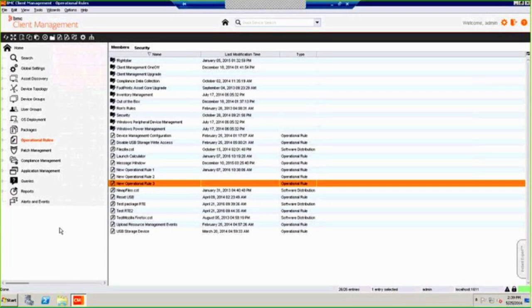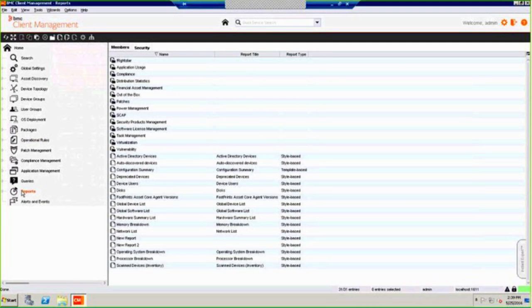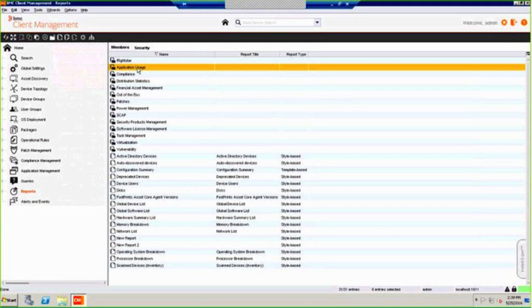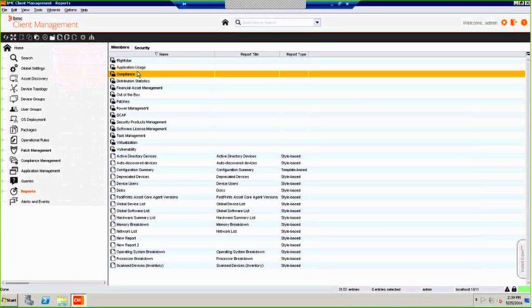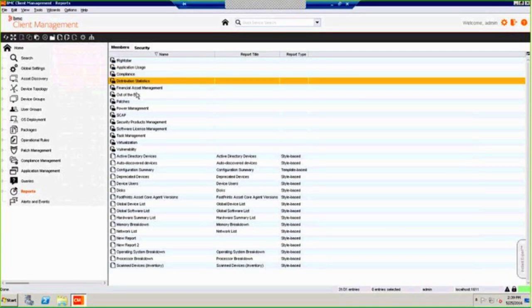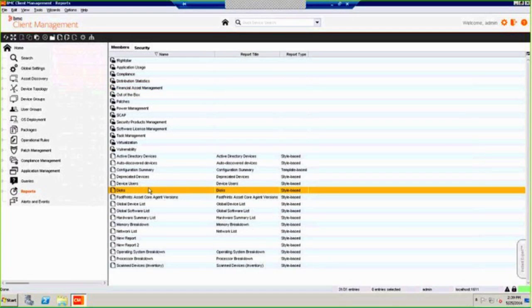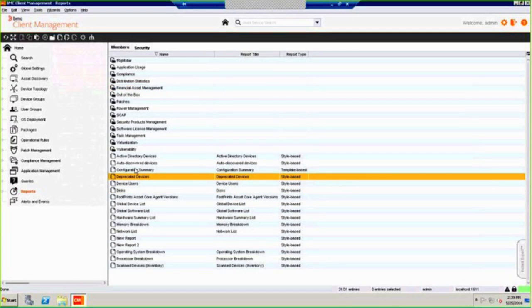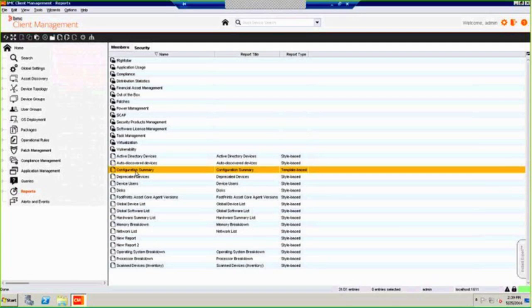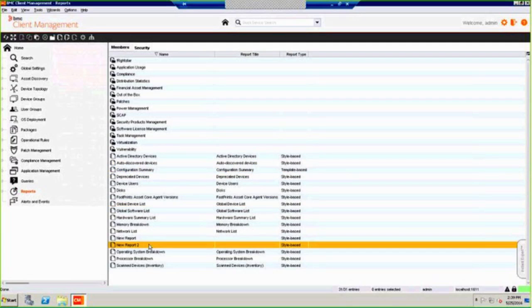And I want to leave some time for questions, but as you would expect, there are any number of reports that you're going to get right out of the box, including application usage. This is the demo system. I don't really have much data out there, but it's the things you would think of, right? Application usage, give me a report on all machines that are more than 3 years old, which we know we have that financial asset management tab. Give me just a list of what my OS distribution is out there, what my service pack distribution is,